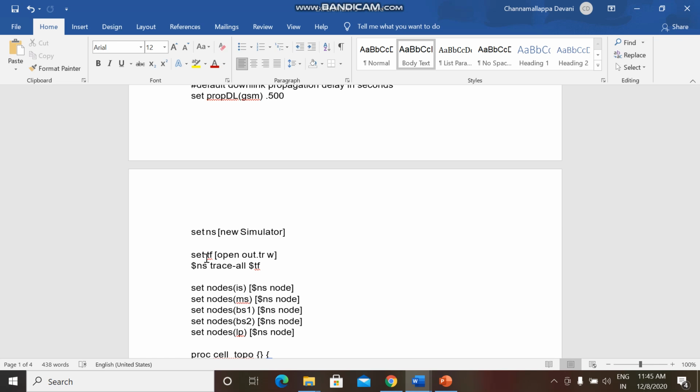So we have to analyze the number of packets dropped using that web trace file, by using an XGraph. So we are plotting an XGraph to analyze the web trace file, that is how many packets are actually sent and how many packets are actually dropped. In this experiment, we are only generating the web trace file for creating the GSM network for the nodes, the mobile switching center and the base station.